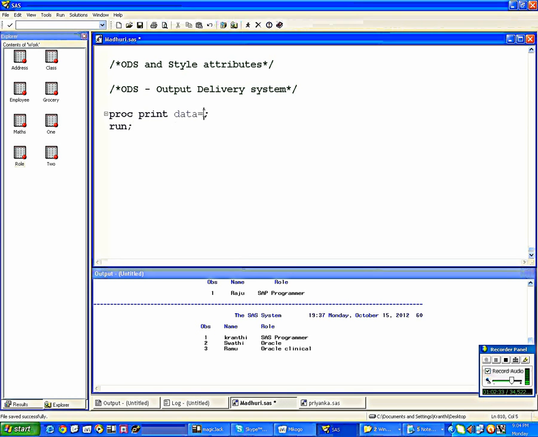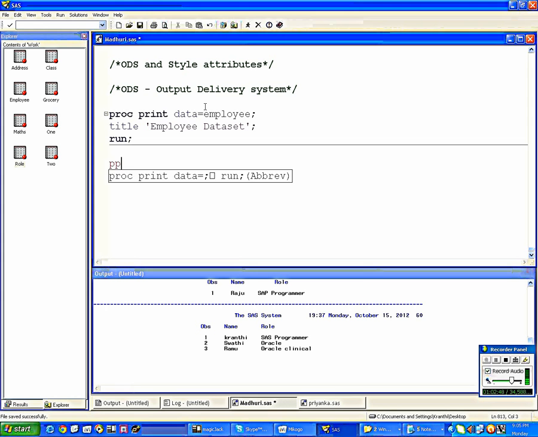You can write like this: proc print data equal to, which one you want to print? Employee. And give a title, employee data. The title should be either in single quotes or in double quotes. Then proc print data equal to address, then title, address data set.